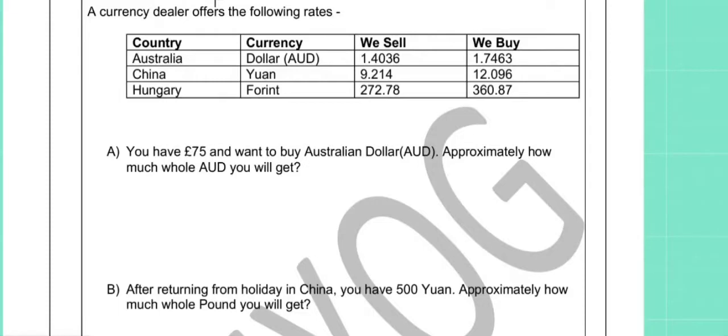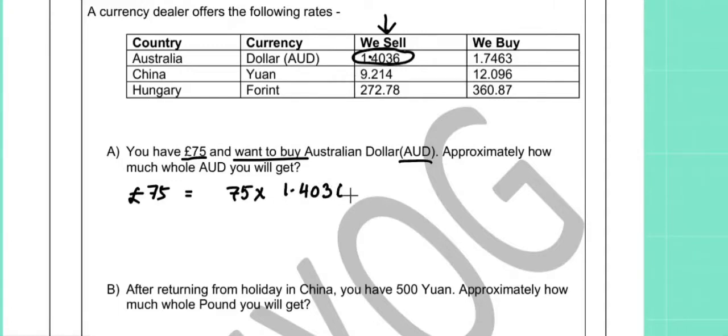Now, in question number 32, we are looking at a currency exchange table. We have 75 pounds and we want to buy Australian dollars from the dealer. So, the Australian dollar is selling at the rate 1.4036. That is the number of Australian dollars we will get from 1 pound. So, 75 pounds will give us 75 times 1.4036 Australian dollars, which on calculation gives us